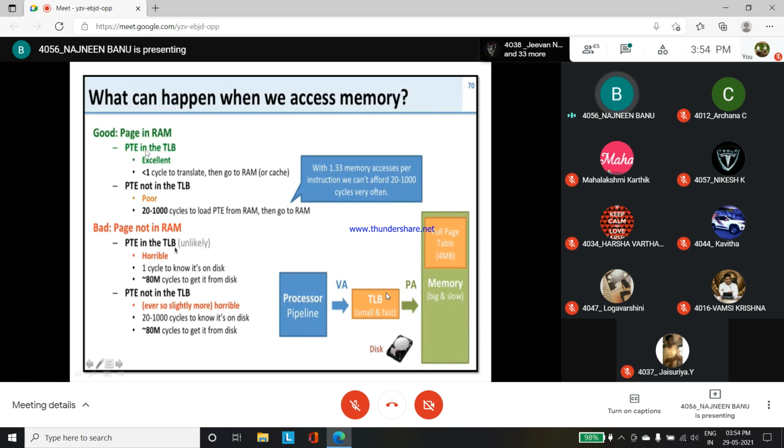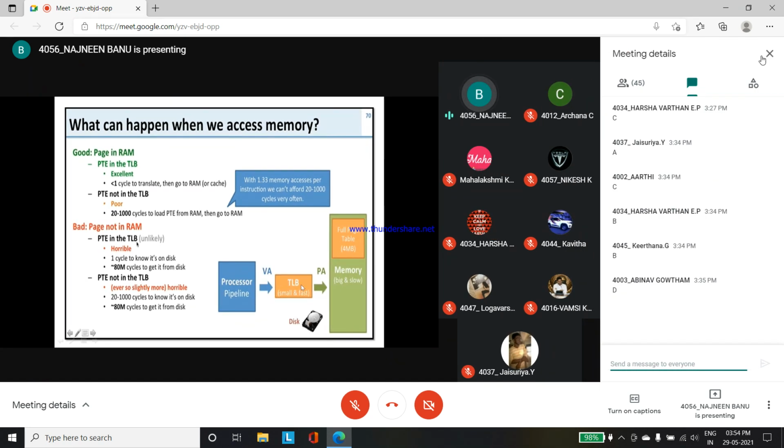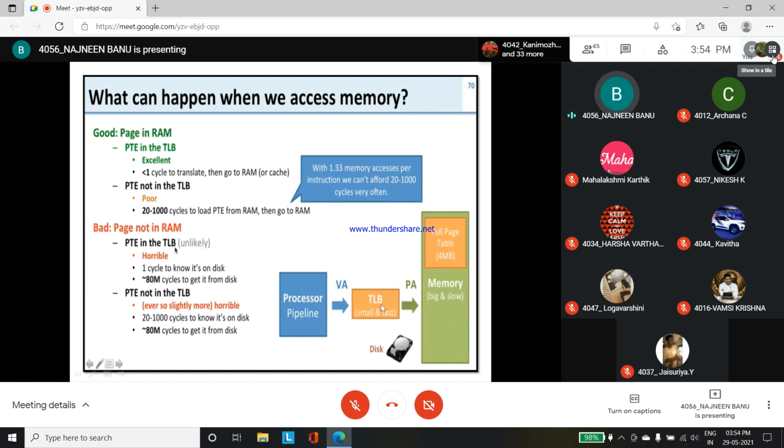If we have the page in RAM, then the page table entry is either in the TLB, which is the first case, or not, which is the second case. The first case is the page table entry, PTE, is in the TLB. If it is in the TLB, then we can translate from virtual address to physical address faster, and it is excellent. This is the process we are mostly looking to make faster because it takes less than one cycle. So this is one case. For the second case,